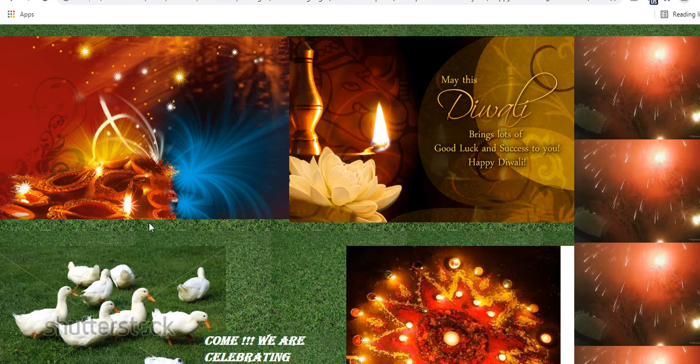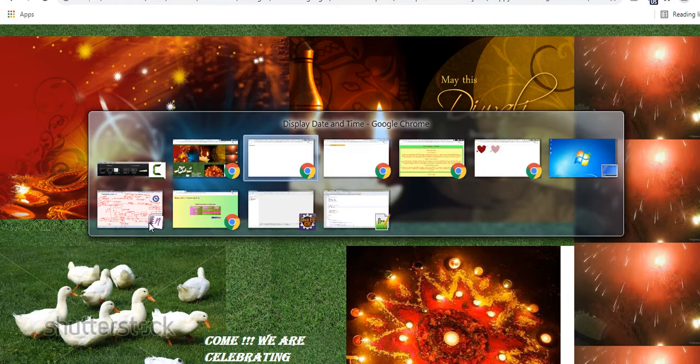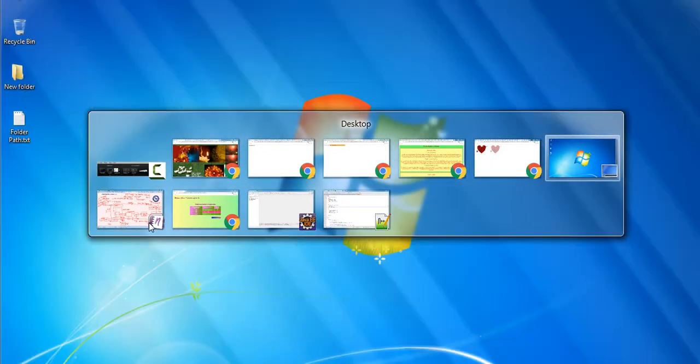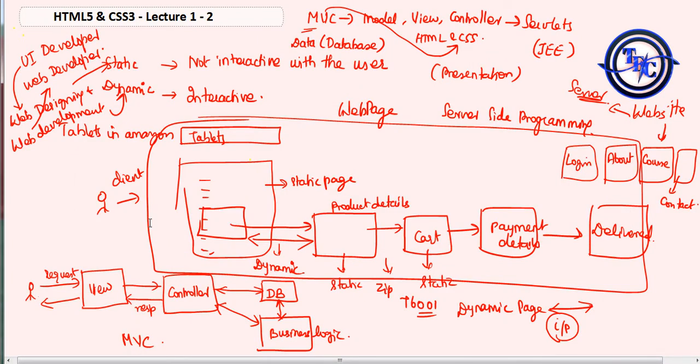You should be very clear what is meant by dynamic and what is meant by static. In this case all the pages are static, that is, if you click one link it goes to the next link, that's all. For example, if I click this home page, it goes to a welcoming page and then to a celebration page. It's static, not dynamic.